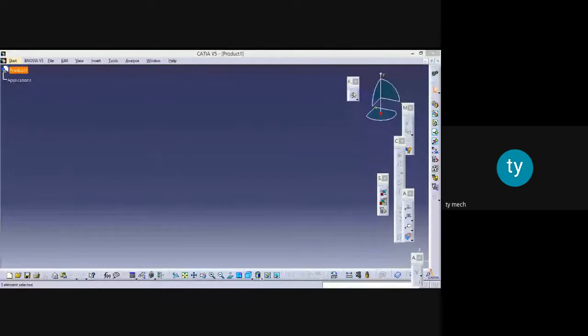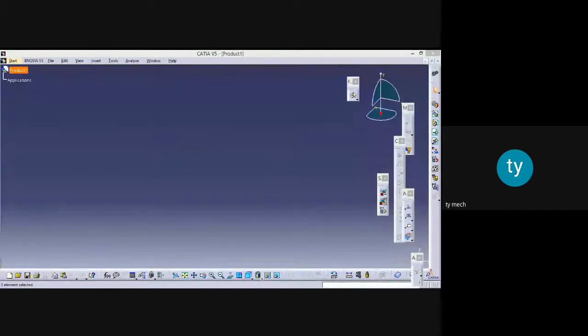That will be called a product. So please remember this. In CATIA software, product is called assembly. Are you getting it? So there should not be any confusion ahead.